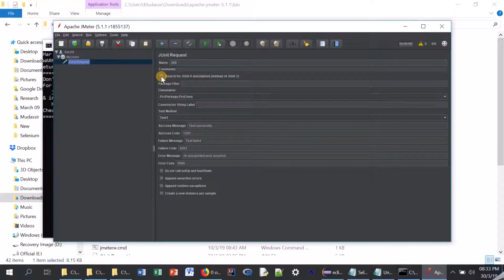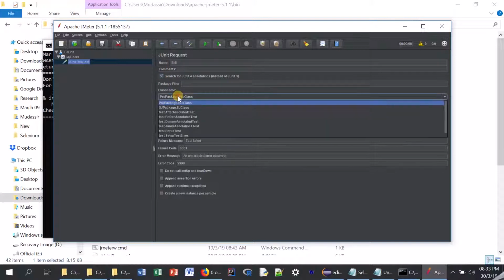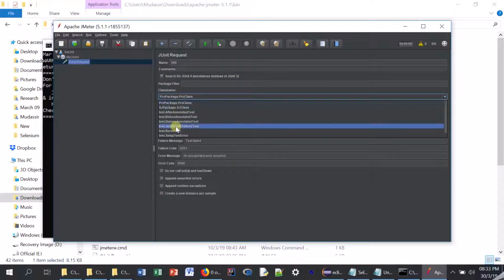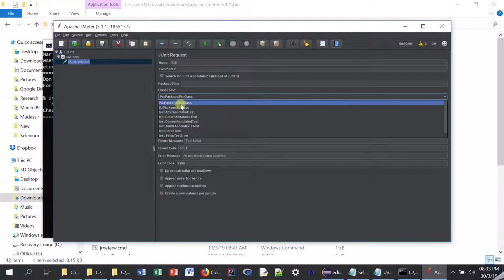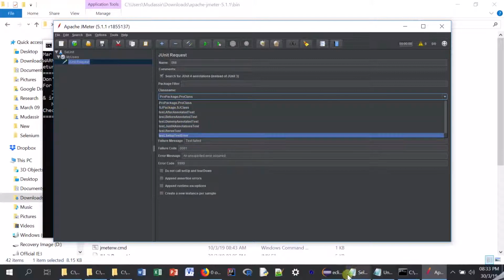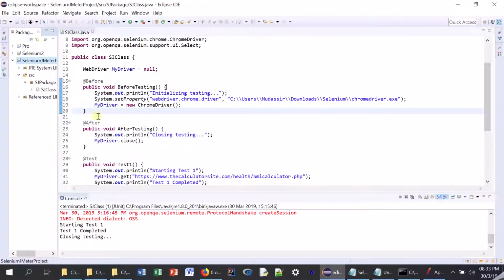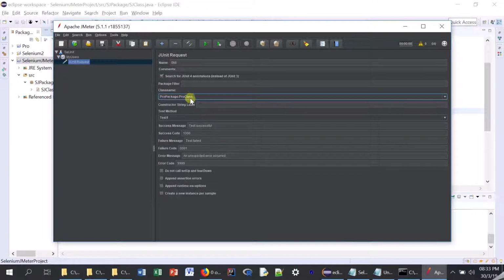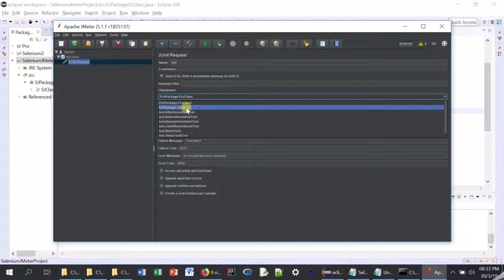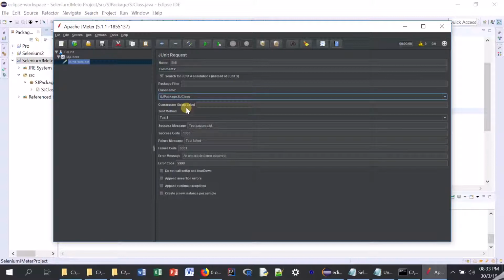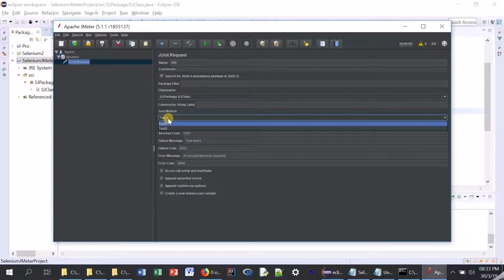Okay, click it, and now here you should see the package that you had used for the test cases. What was the package? It was SJ package, right? So look for SJ package here. This is SJ package. Select it,